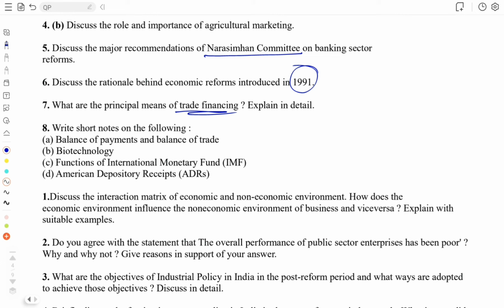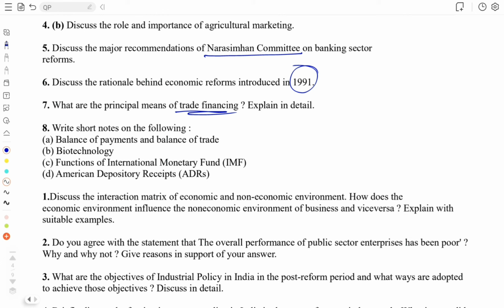When a US bank issues certificates which correspond to a certain number of shares of a non-US company, and that certificate is being traded in the US share market just like any other US company, then it is an ADR. Since it is getting traded in the US stock market, it is measured in US dollars. ADRs are therefore listed on the New York Stock Exchange, Amex, Nasdaq, all those things.